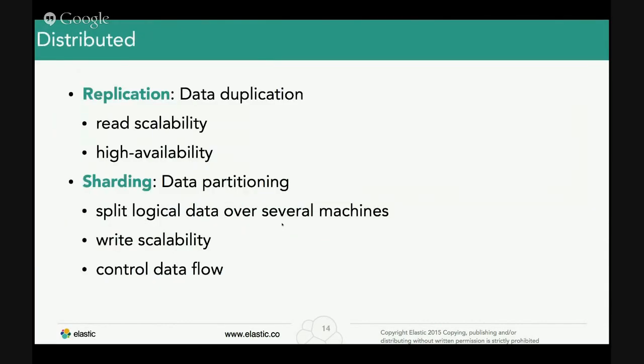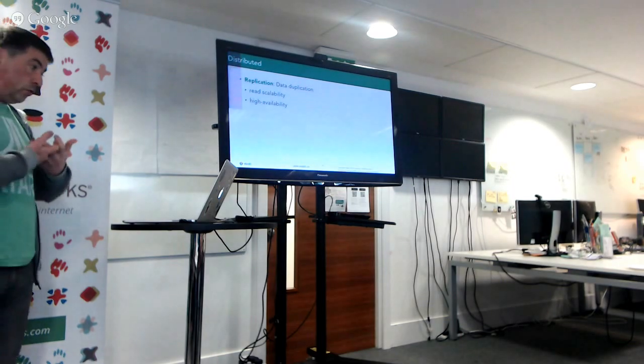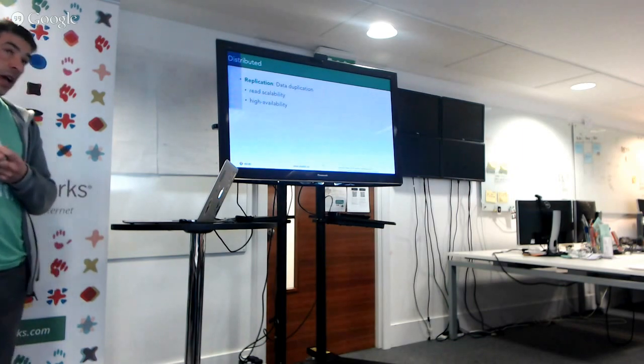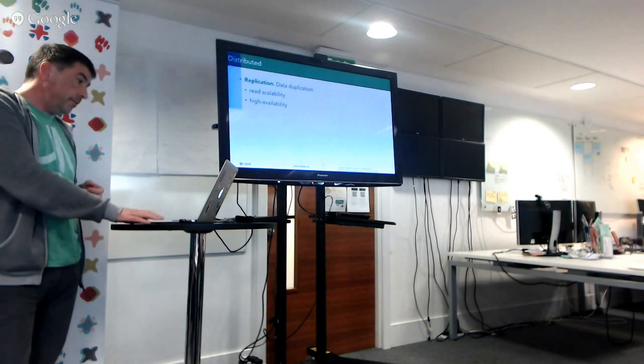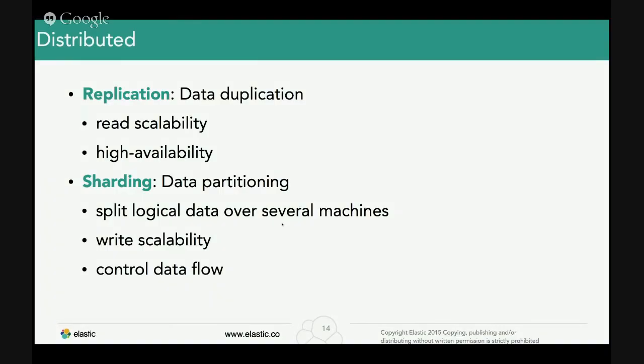So the key characteristics here are replication, okay, data duplication. It provides you obviously your read scaling, so as you have more demand, and it's providing you high availability. So as failure occurs, it's now handling that. And sharding is data partitioning, okay. It's the way to partition large data sets over multiple machines. So as your data set grows, you can have a sharding policy that will allow you to scale out to multiple machines. You may have a policy that has a limited number of machines to start with, but the idea